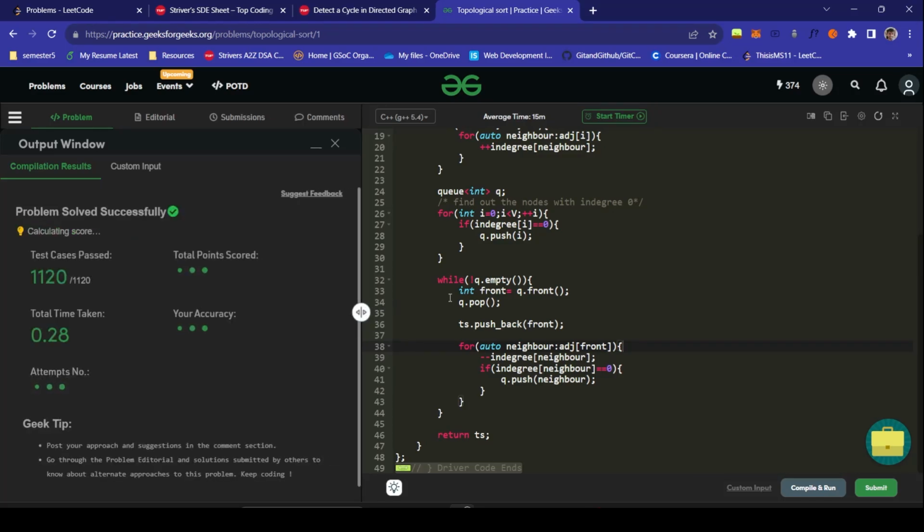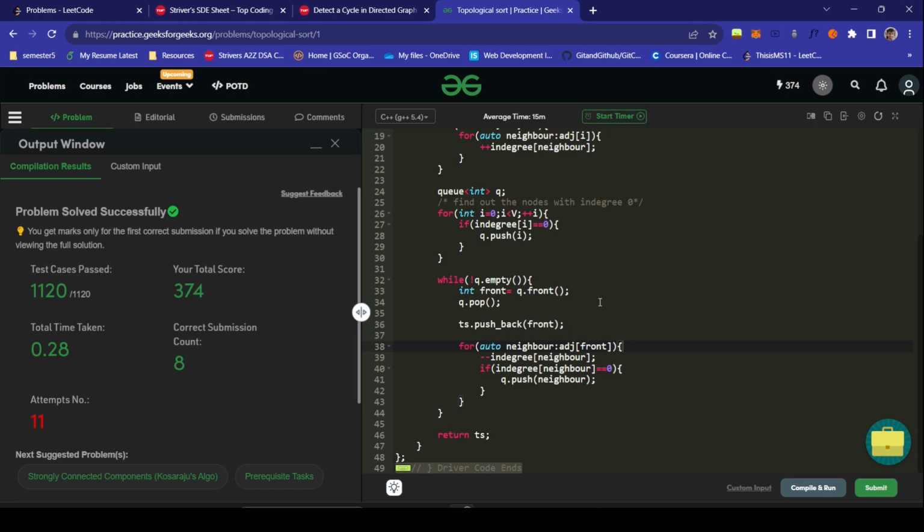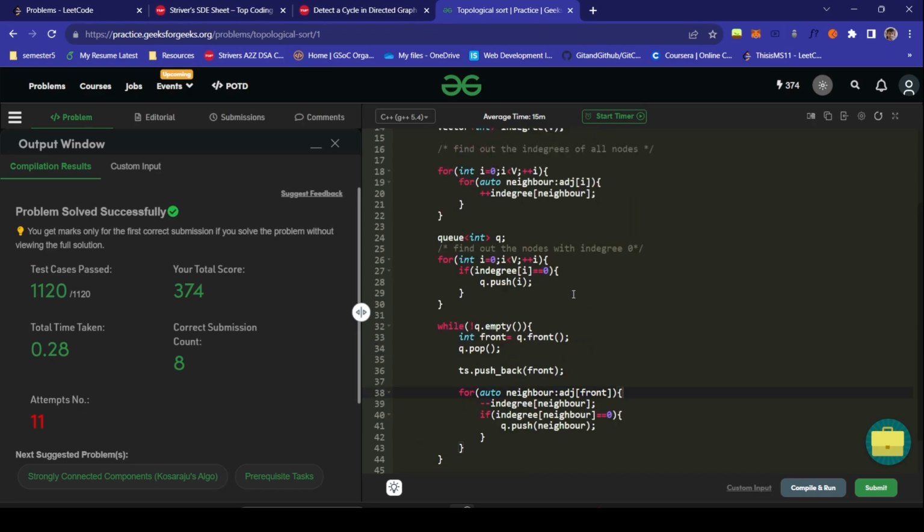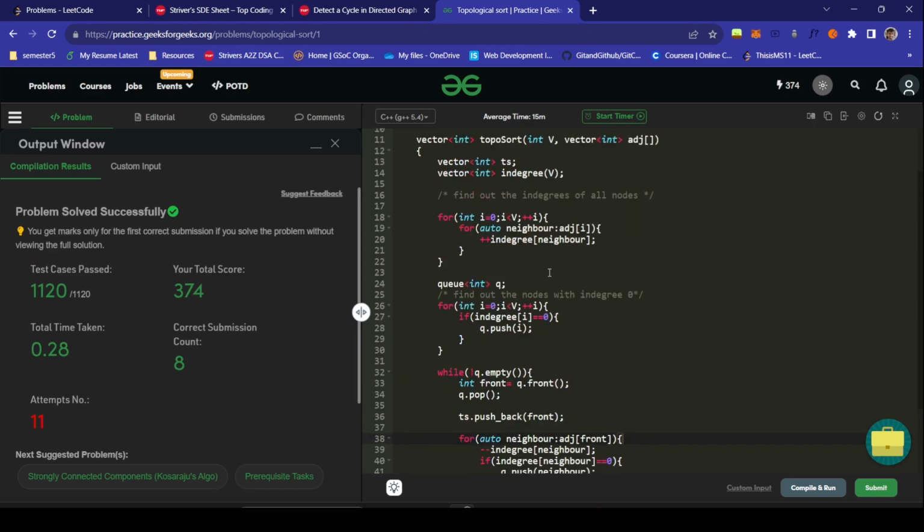It gets submitted. So this was the code for our topological sort. I hope that you could understand. And if you find my explanation a bit confusing, bear with me. I'm just new to the YouTube space and I'm new to teaching as well. So I will try to